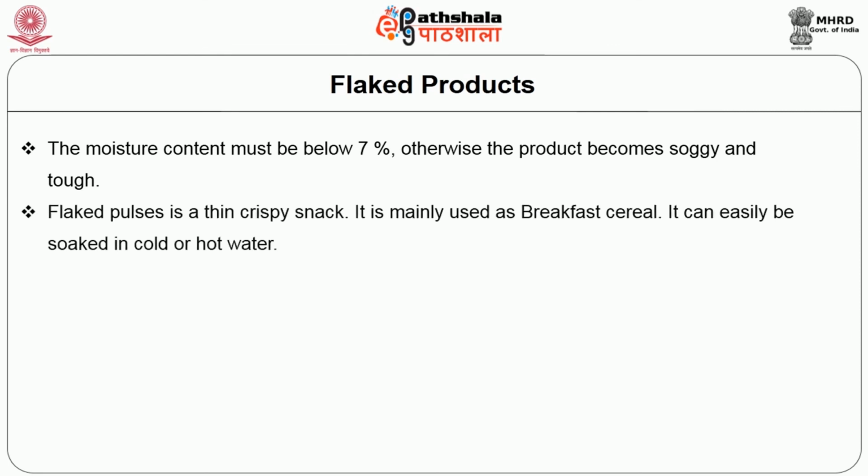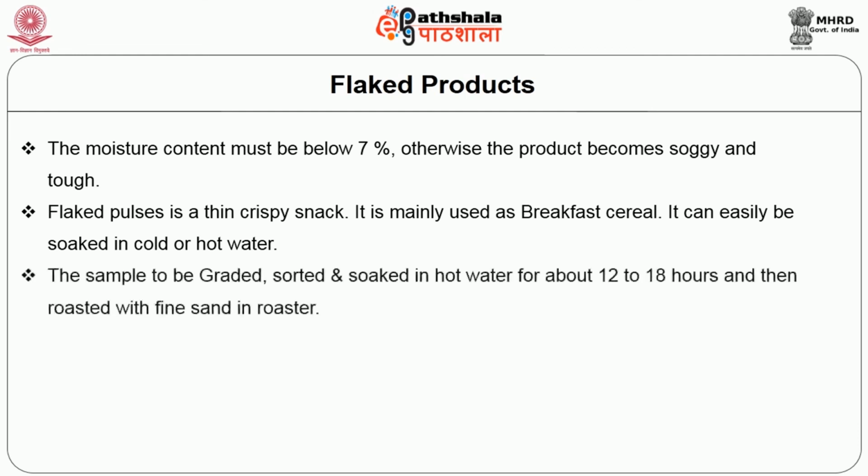Flaked pulses is a thin crispy snack. It is mainly used as a breakfast cereal. It can be easily soaked in cold or hot water. The sample is graded, sorted and soaked in hot water for about 12 to 18 hours and then roasted